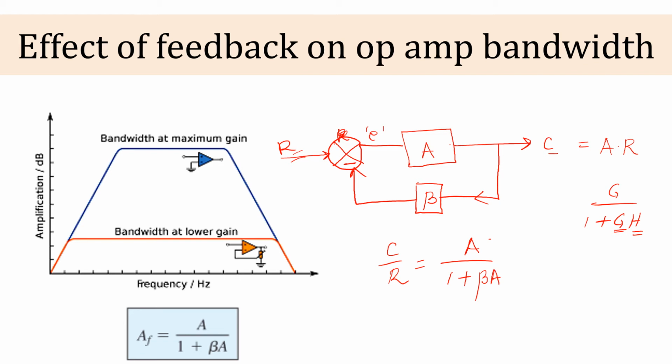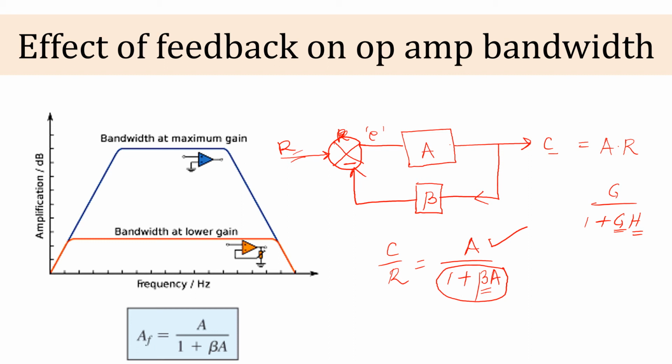So that will become a ratio of the output to the input. If you take the Laplace transform and so on, it becomes the transfer function of the system. So it means whenever we do negative feedback, what happens? The denominator becomes more than 1, and that is why the gain starts decreasing. So as we increase the value of beta, the denominator is larger and the overall gain is lesser.